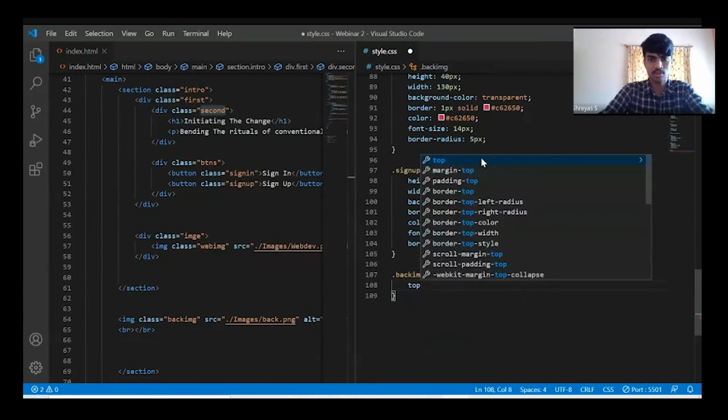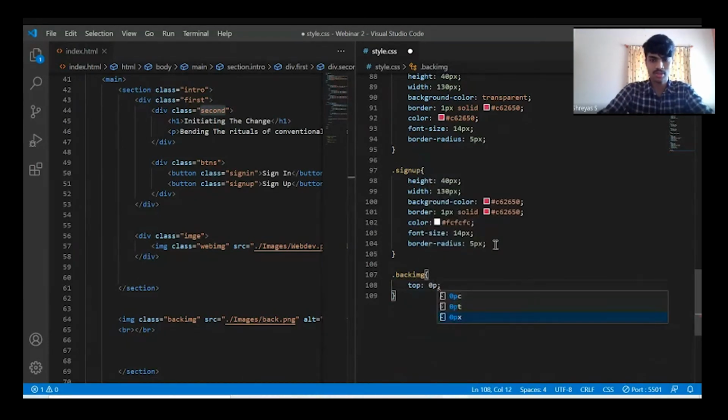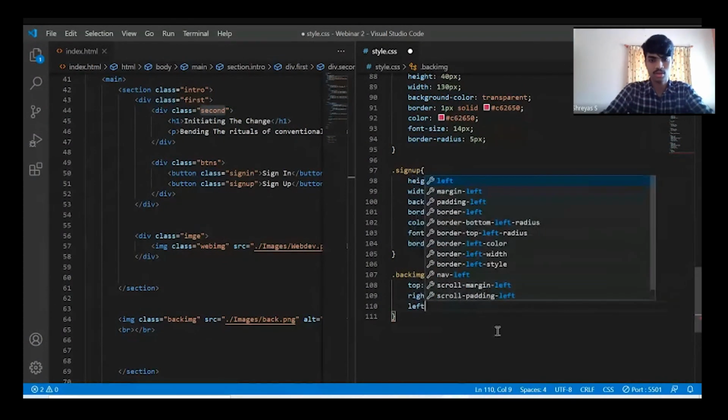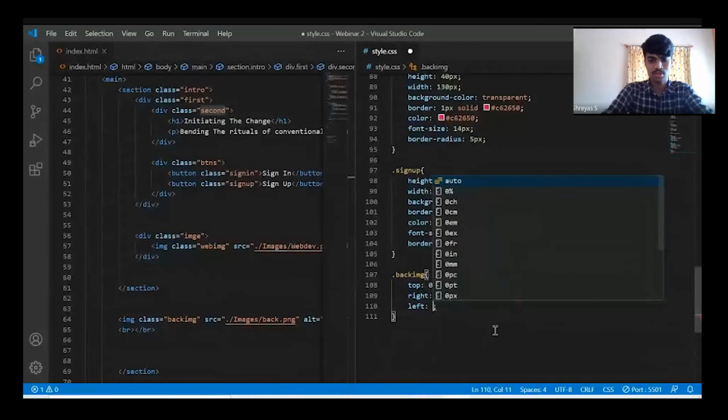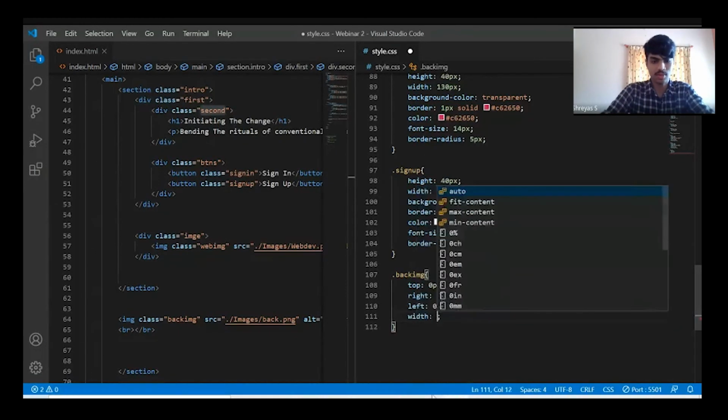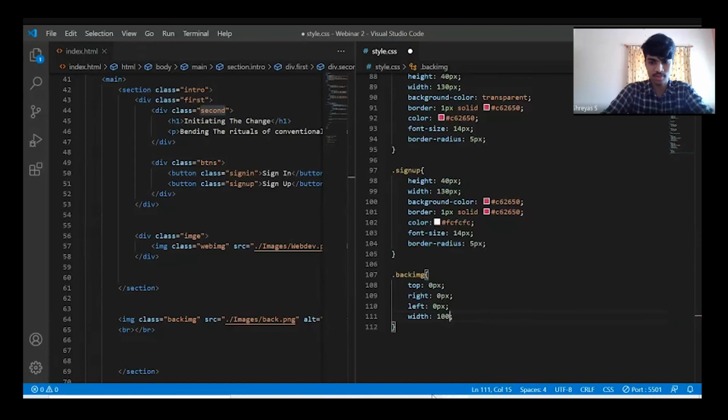If there is any top, I'll set it as 0 pixels, right as 0 pixels, left as 0 pixels. So now all the sides, all the directions which are required, I have set as 0 pixels. Then I have to set the width as 100%, so it takes the entire screen width. So now the width has been set.